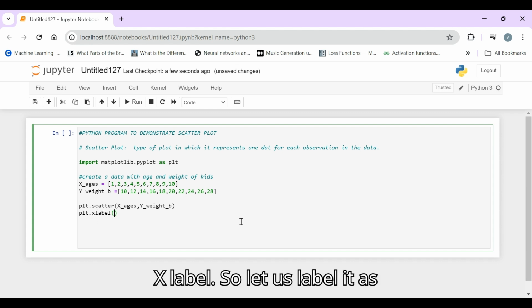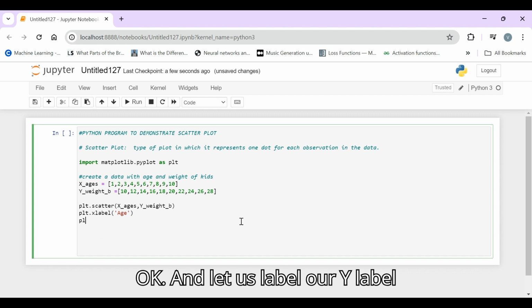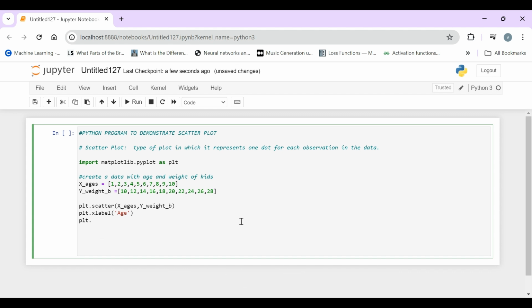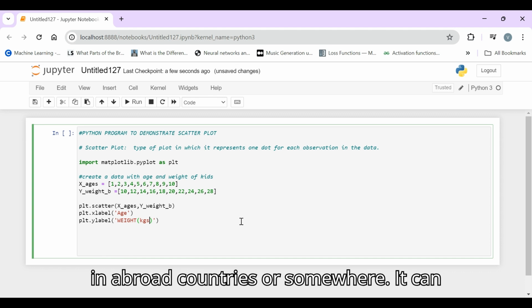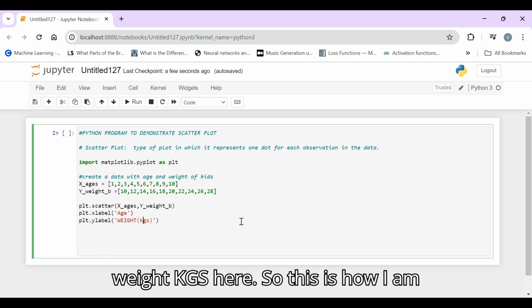Let us label it as age. And let us label our y label as weight, which can be in kgs. In other countries it can be something like pounds and so on. So let us take weight in kgs here.